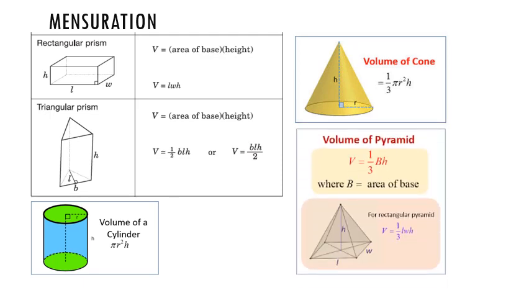Volume of a pyramid is given by 1/3 the area of the base into height. There is no difference between volume of a cone and a pyramid. If the base of a pyramid is a circle, it takes the shape of a cone, that's all. If the shape of the base of a pyramid is a square, then it is the area of this square into height divided by 3, 1/3 of that. The formula will change as and when the shape of the base changes in case of a pyramid.